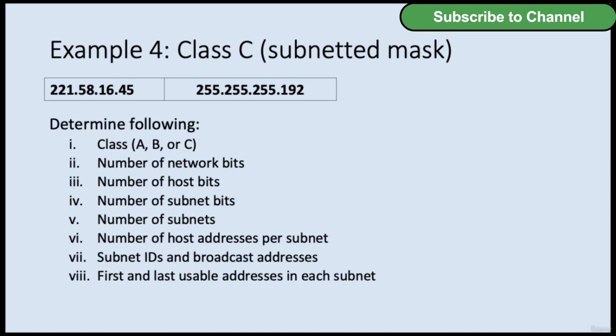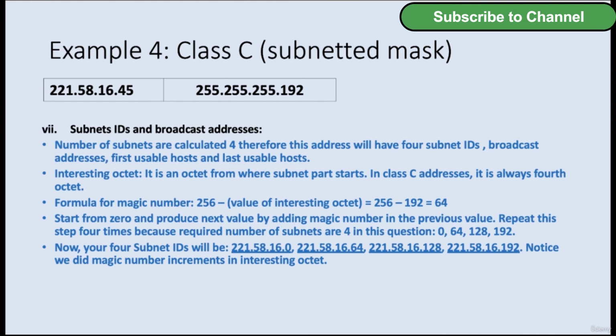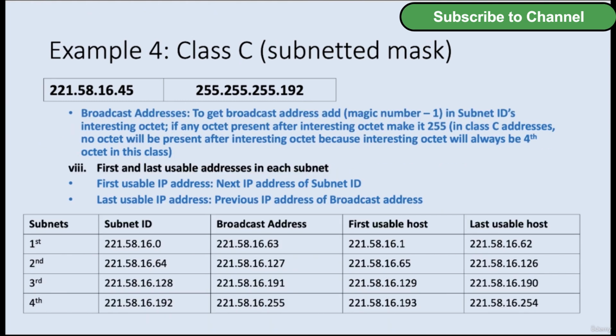By now we have already found the first 6 values. Now we have to work on the 7th and the 8th value. The 7th value is subnet and broadcast addresses. In this address we find out that there are 4 subnetworks present. So subnet IDs will be 4, broadcast addresses will be 4, first usable addresses will be 4, and last usable